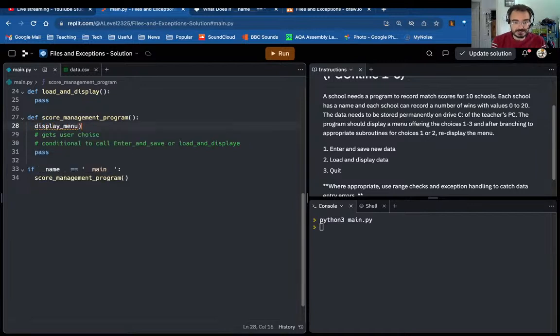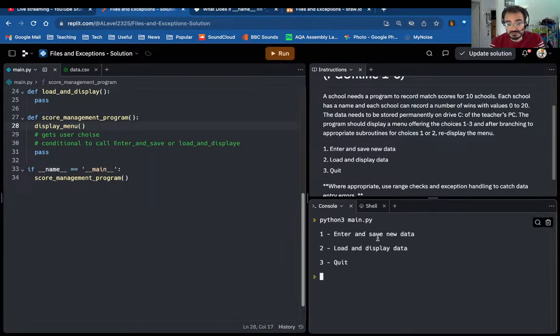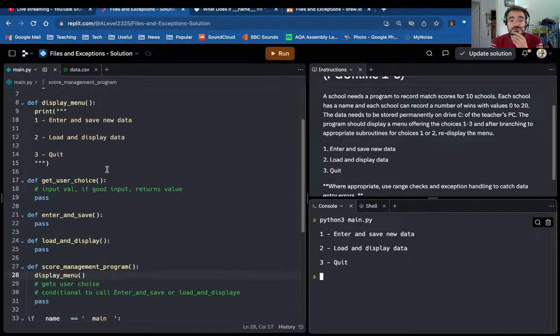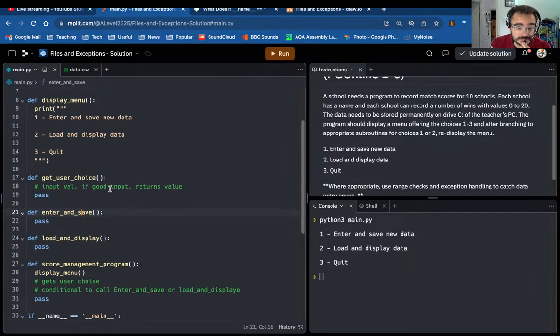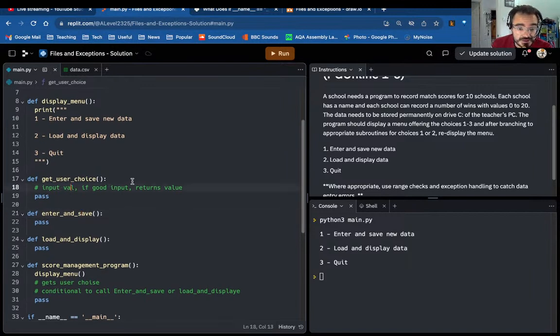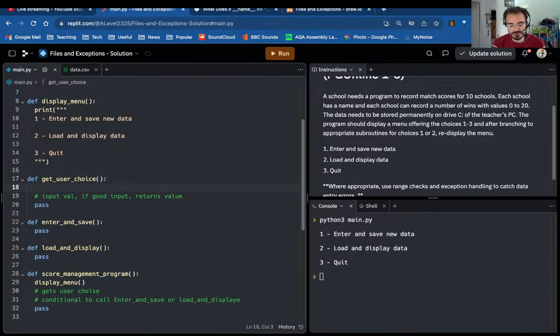Display, autocomplete, bracket. Remember, we need to call it, not just say it. And then I have my menu. Very good. Now, let's get into the meat of it. That's the user choice. This is where we have to do input validation. So choice is equal to none, right? And then while